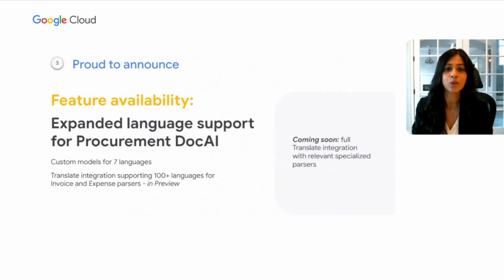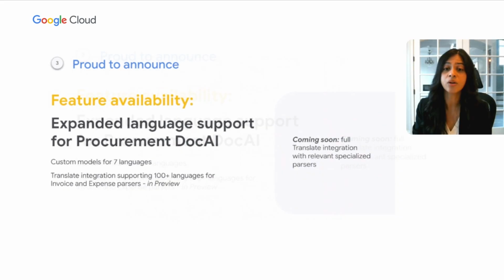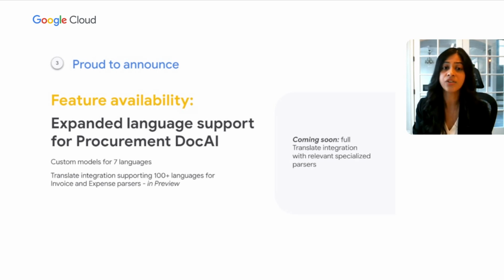We're also pleased to announce that many of these cross-border investments are now available to our customers, specifically procurement.ai. The procurement.ai team has specially trained additional models in 6 languages, primarily European ones. With procurement.ai, we have also integrated the translate pipeline into the invoice and expense parsers, expanding support to 100 plus languages. This feature is in preview today and is also actively being rolled out to all relevant specialized parsers in